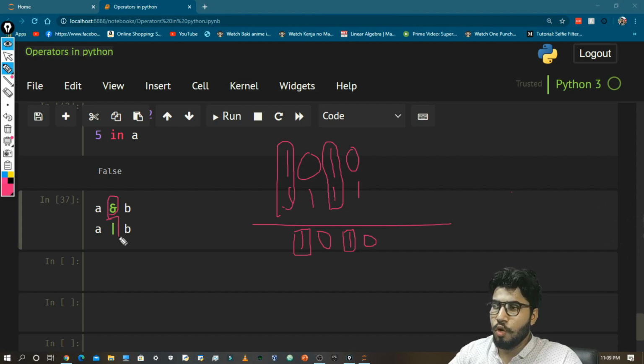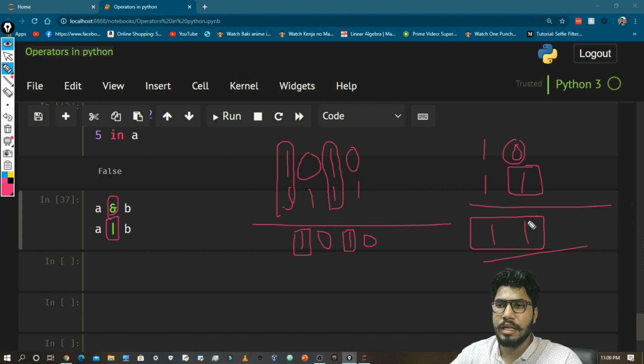And the bitwise OR operator is just like the OR operator, but we use it at the bitwise level. So 1 0 1 1. This will output the result 1 1, because here we have a single one, so it outputs 1. I want you to read more about it and let me know in the comments whether you find it interesting or not.